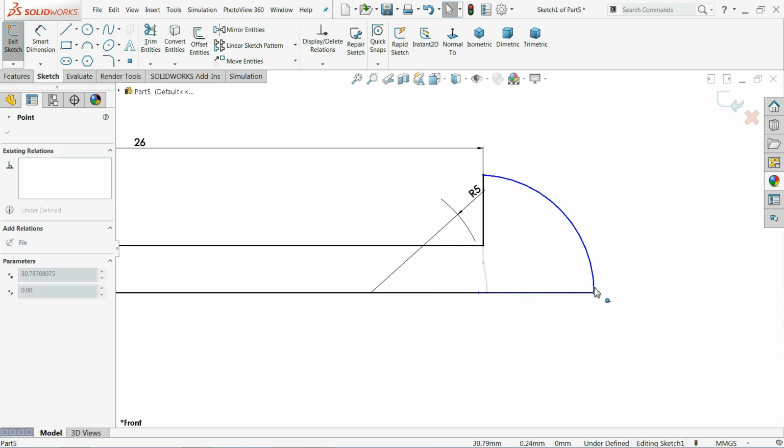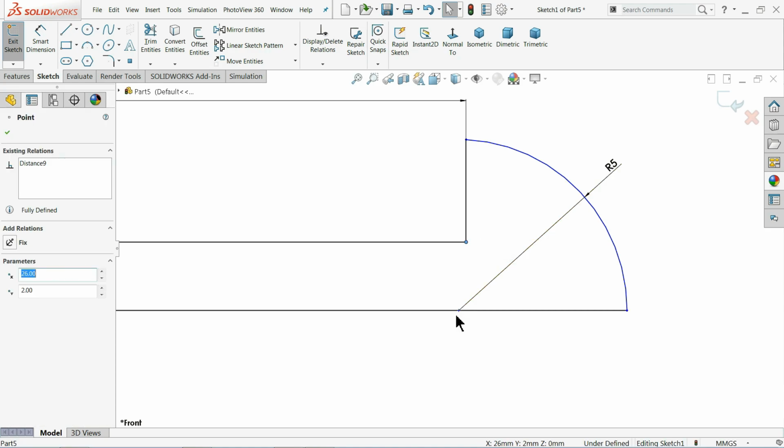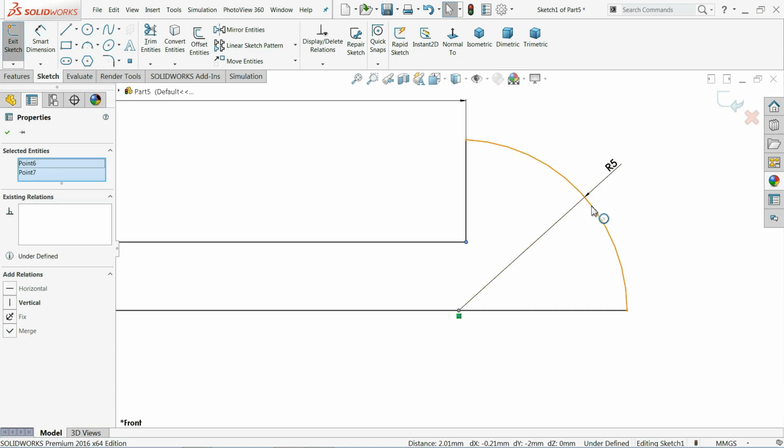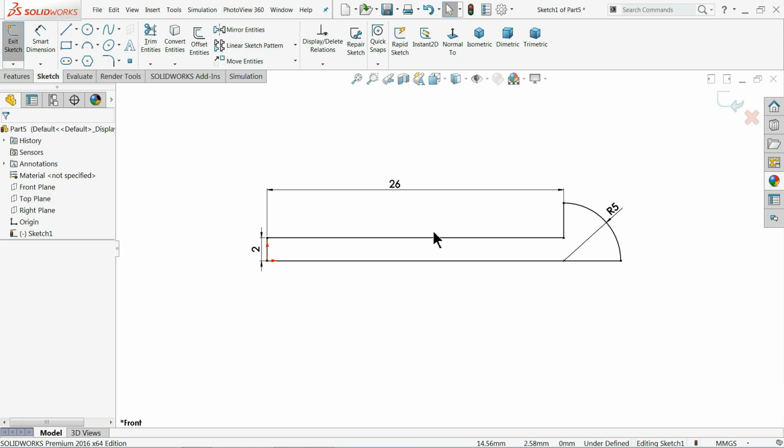Drag it, and here we will create a relation. Select this point and the center point of this arc, vertical. See, this is a fully defined sketch.